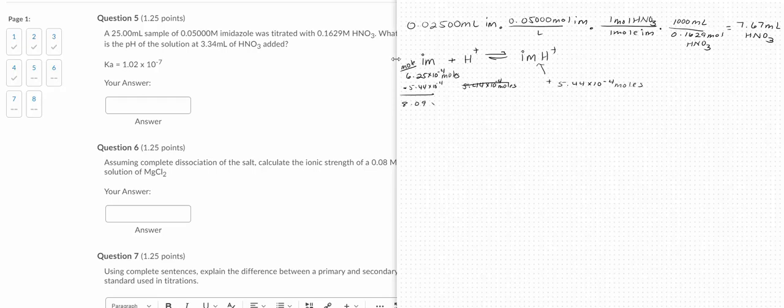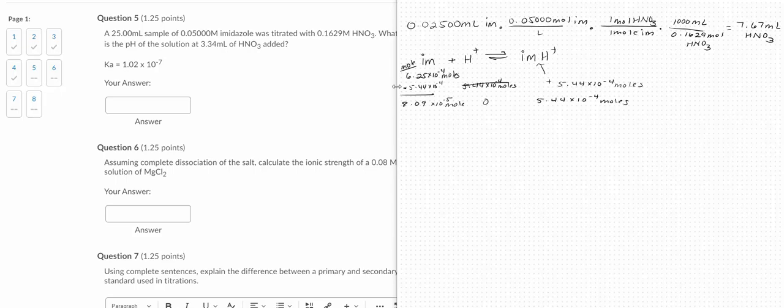So I have 8.09 times 10 to the negative 5th moles left. I have no H plus left, but I do have 5.44 times 10 to the negative 4th moles of the protonated imidazole. Now, at this point, we need to analyze. Can we use the Henderson-Hasselbalch here? And I don't believe we can, because